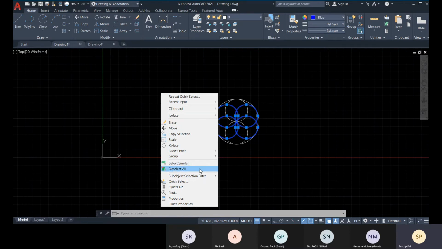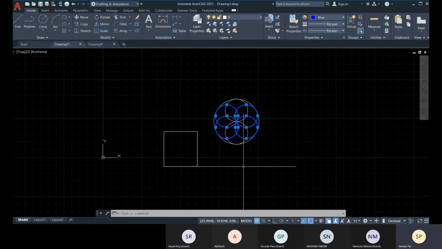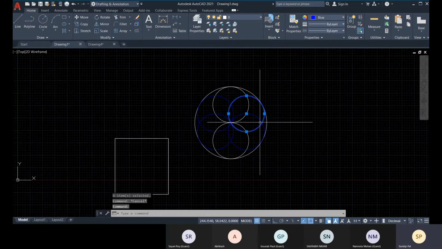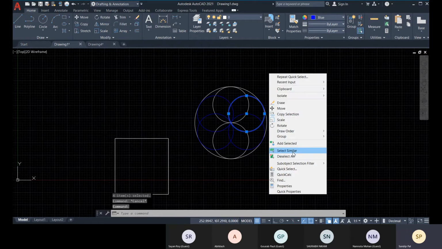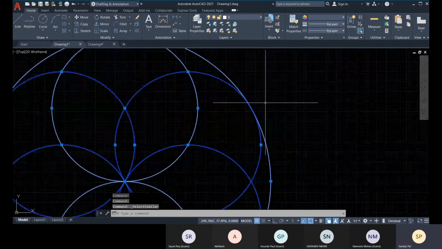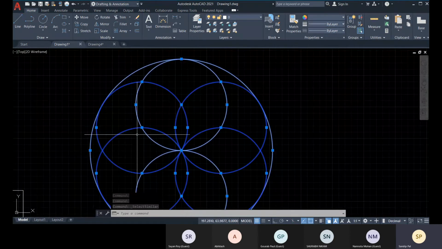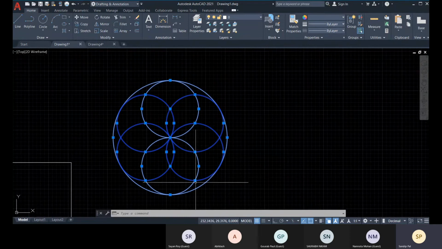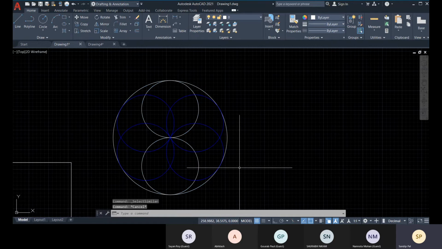So there is one another option also available. Suppose I select this and right click on it, and if I choose select similar, it will select the similar objects. But here you see the other objects are also selected, means it will select the similar circles, whatever the circles are, it will identify the circles. It will not differentiate with the colors. Okay, so for differentiating and selecting with properties, for that you have to go with the quick select option. All right,